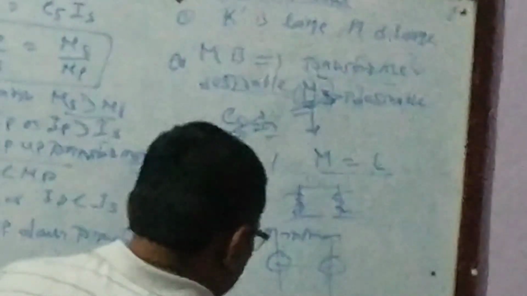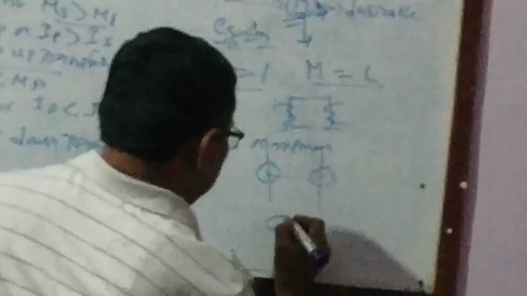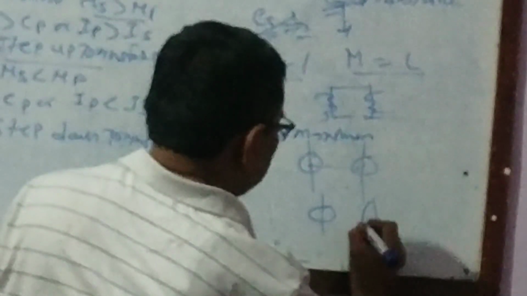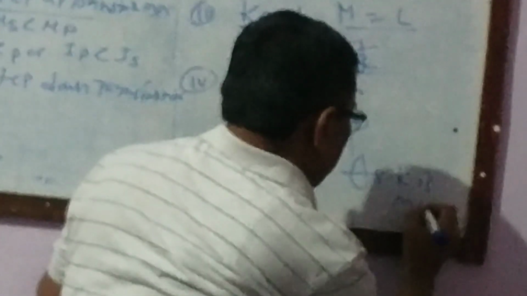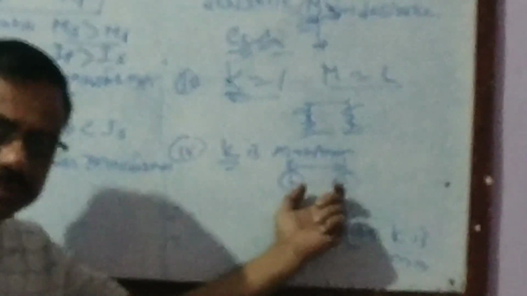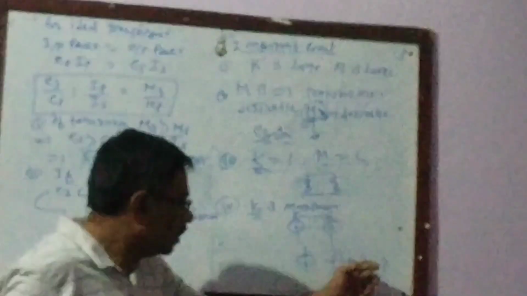And when the two coils are perpendicular, when the axis of this is the first coil and this is the second coil, and therefore the axes of these two coils are perpendicular to each other, at this stage K is minimum. And therefore the value of K depends on the distance between the coils and the angle between the two axes. When the two coils are parallel, the angle between them is 0. Hence K is maximum. When the two coils are perpendicular to each other, K is minimum. And therefore when K is minimum, it is beneficial for some electrical devices.